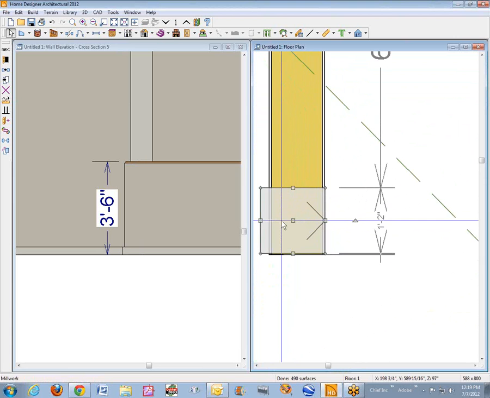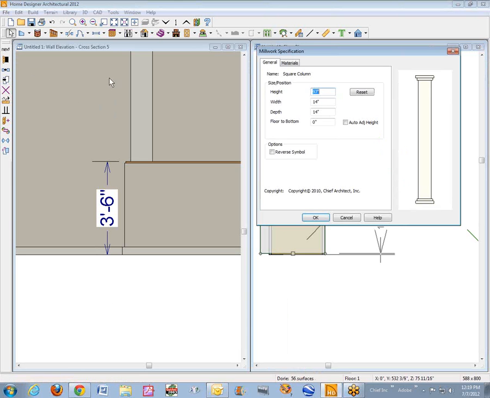And this symbol by default is a little bit large for our wall, and it's a little bit too tall, and so forth. So we'll just fix that up. I'm going to open the dialog box of this object here and make it not 14 but 12 to match my wall. And my wall is 42 inches tall, so I'm going to put it 42 inches off the bottom, floor to bottom. And this is a 9-foot ceiling in this particular room I'm using, so that'd be 4.5 feet